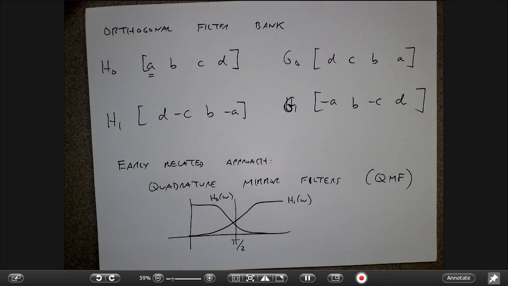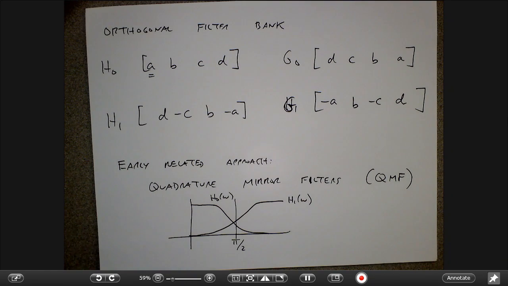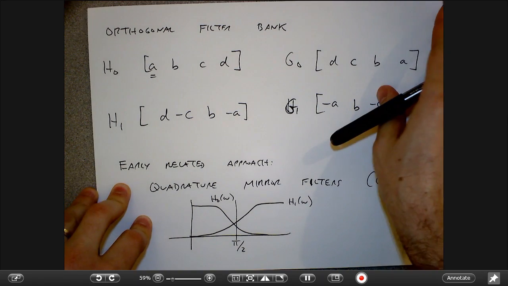Okay, so let me bring this back to what I started talking about in the very beginning, which is how this is related to wavelet transforms, right? So in practice, the big picture is, I design my half-band filter, I make some choices about how I factor that into these polynomials, those FIR filters, and then what I would do is I would say,